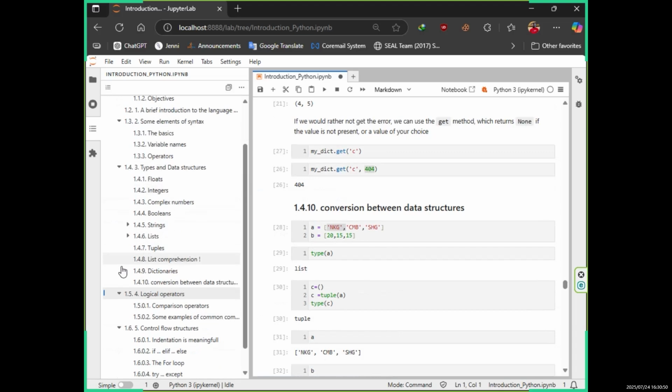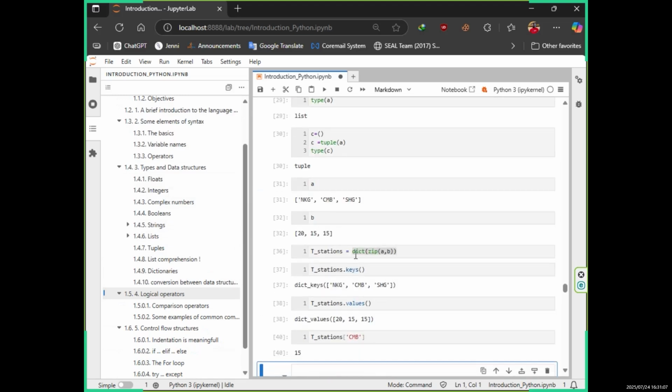Here we discuss the data types: float, integers, complex numbers, Boolean, strings, list, tuples, and then dictionaries. This one is the comprehension. This is what we use with the zip command. So that's why we use the zip command. You need to know about all the data types that we are going to use. And then